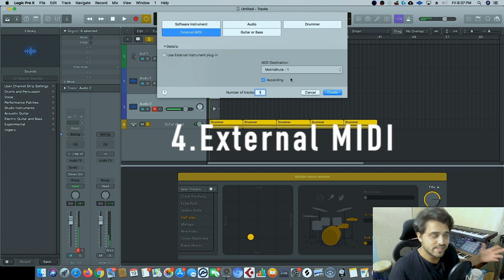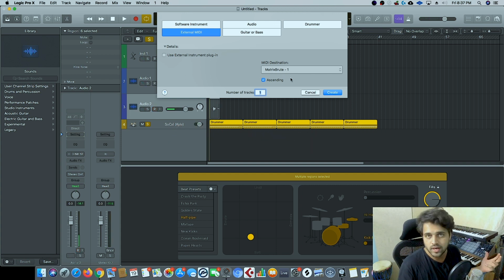External MIDI. So basically, why do we need external MIDI for a hardware synth? Simply because, let's say I want to play some proper lead or a chord. I'm creating a dubstep track and I really love one of the tones from my Matrix Brute and I want to record it. I have to be really precise if I want to directly record my synth as an audio input. But if I can have an option where I can record it as a MIDI and then quantize it and then just reprint it, why not?